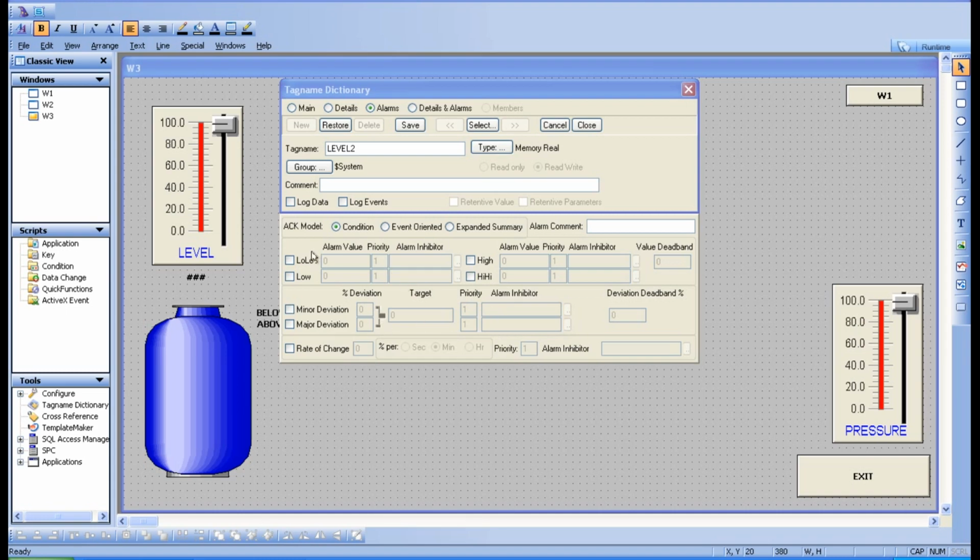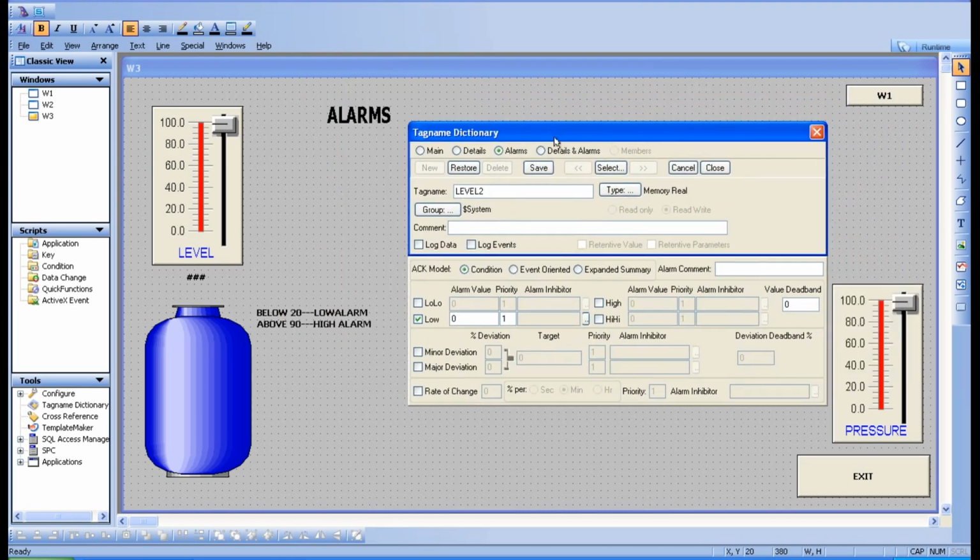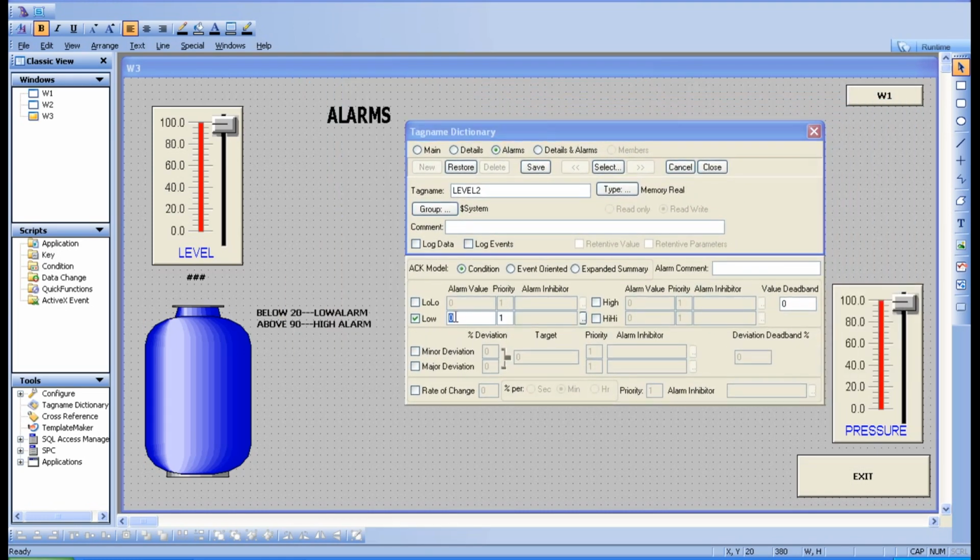In that window, you can see the alarm types. Can you see? This is low alarm. This is high alarm. Got it? So I'm just going to create this low alarm, and just type what the range is. What is the range we have planned? This is 20, right? So just give 20. Fine. And go for high and just give the value as 90.